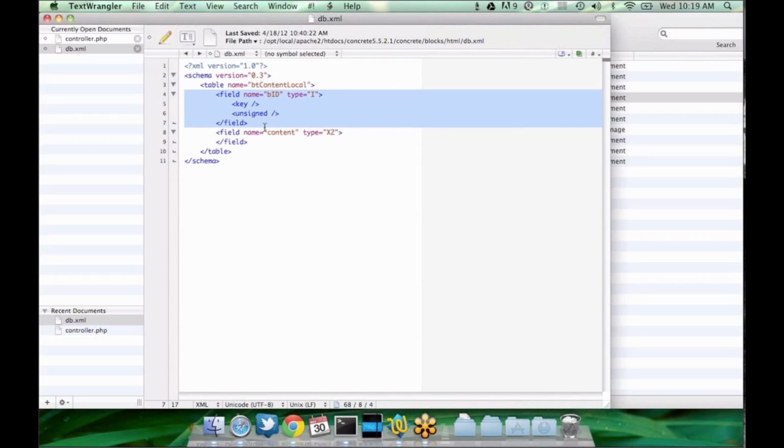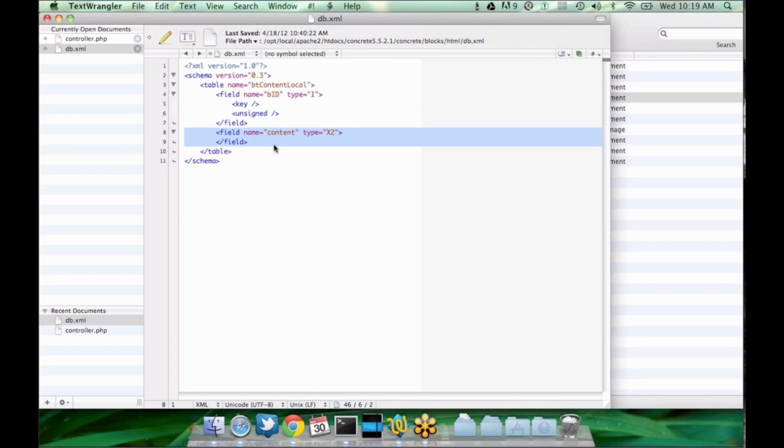And so this defines the BID, the integer that has to be in the blocks table. And then here we define the one column that we need to store our HTML content, and we just name that content. Again, you could name it anything. The type is X2. What that means, if you look up AXMLS, is that it means long text, and they have their own special